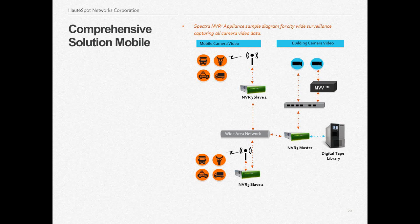And so we'll hold it on the digital tape, and then the lower resolution video is what continues to be spinning on the NVR3. So when we want to do a search of the video, it's very high performance because we're only searching the lower resolution video, and then once you find the video of interest, we'll go into the digital tape library, pull the original video out, and then we can export it by any means that you would like. One of the other benefits is that